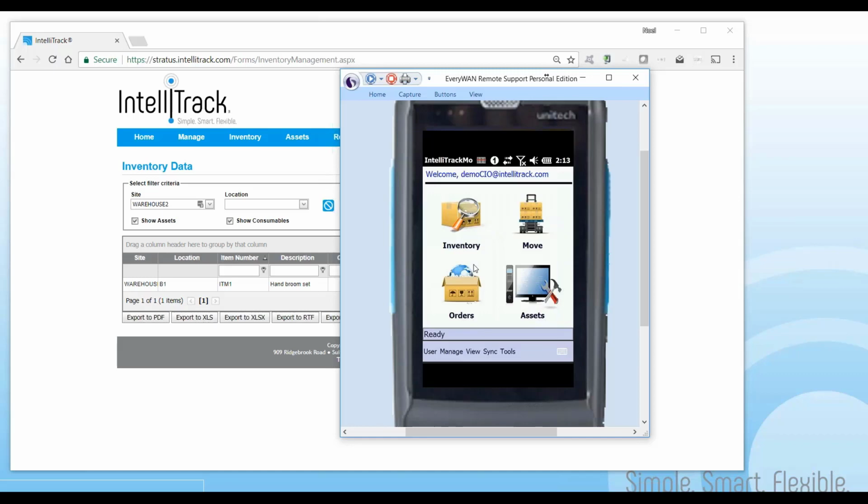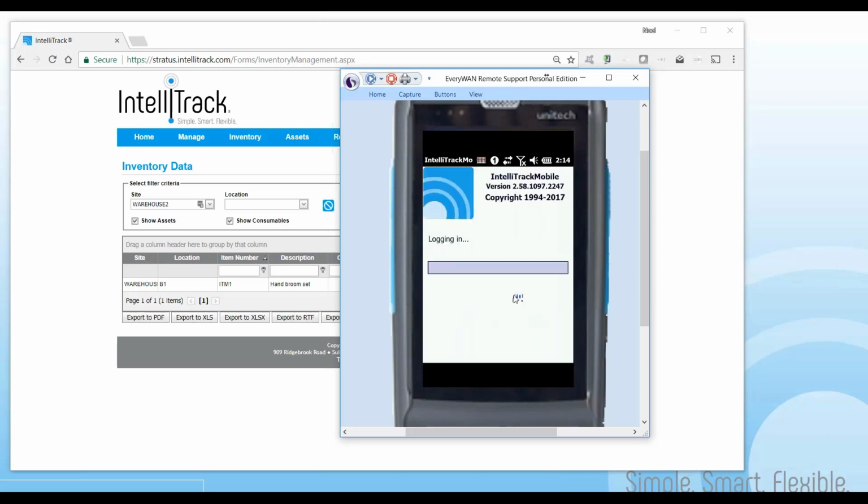But now, in batch mode, it's important to understand that before we take the handheld out of the cradle and go out into the field to use the application in batch mode, we first need to populate it with the latest data set that's in our account. And so we do that through a process called sync. We click sync and we click download,